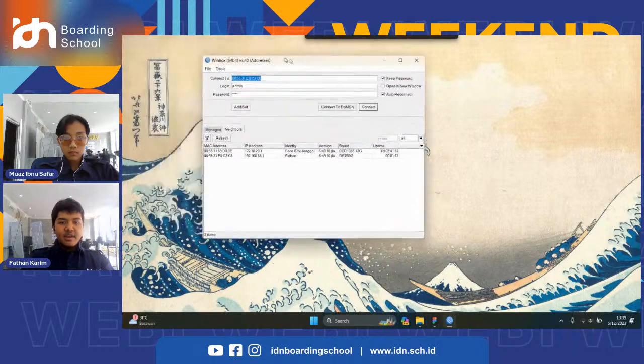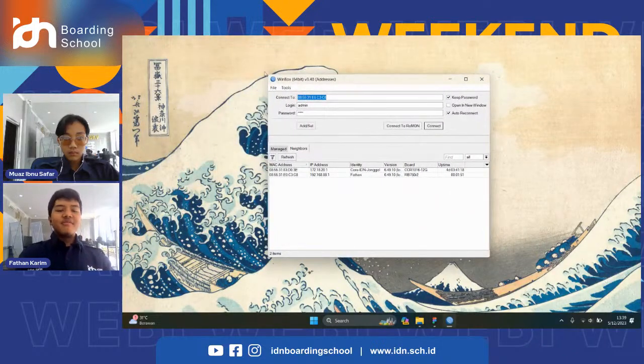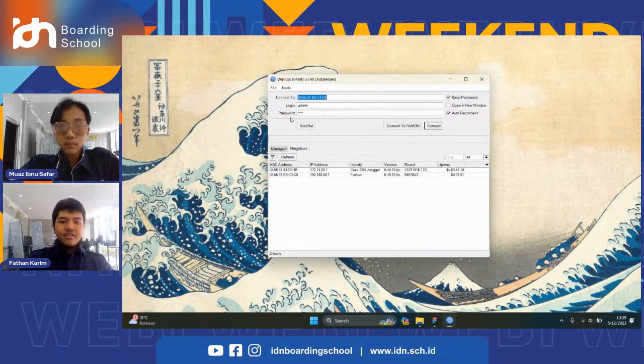This is the first screen when you open Winbox, which is for logging in or connecting to your router. To connect, you need to fill in the MAC address or IP address.